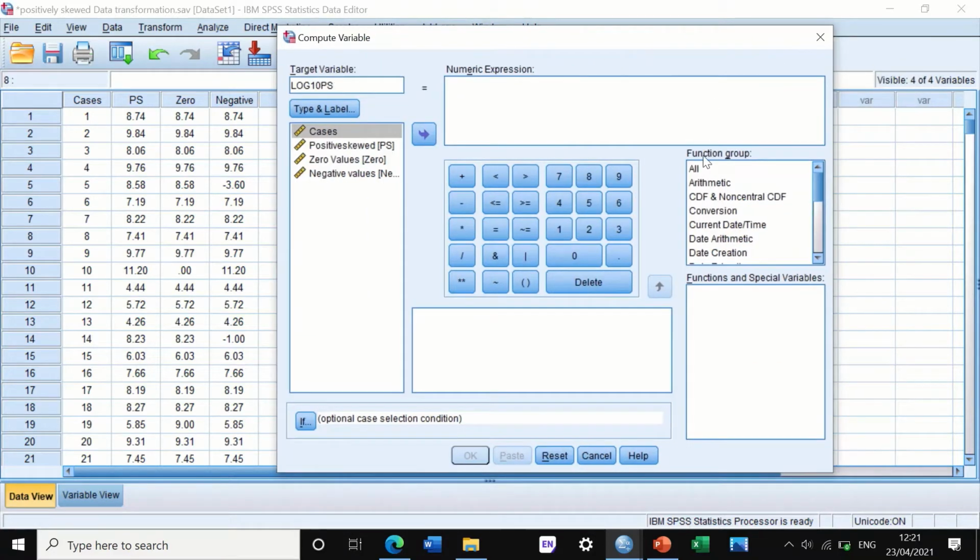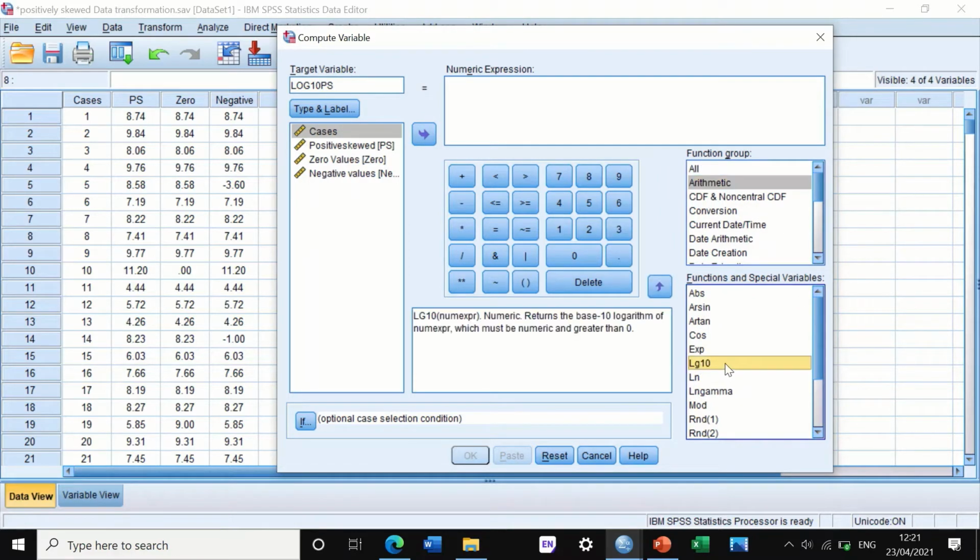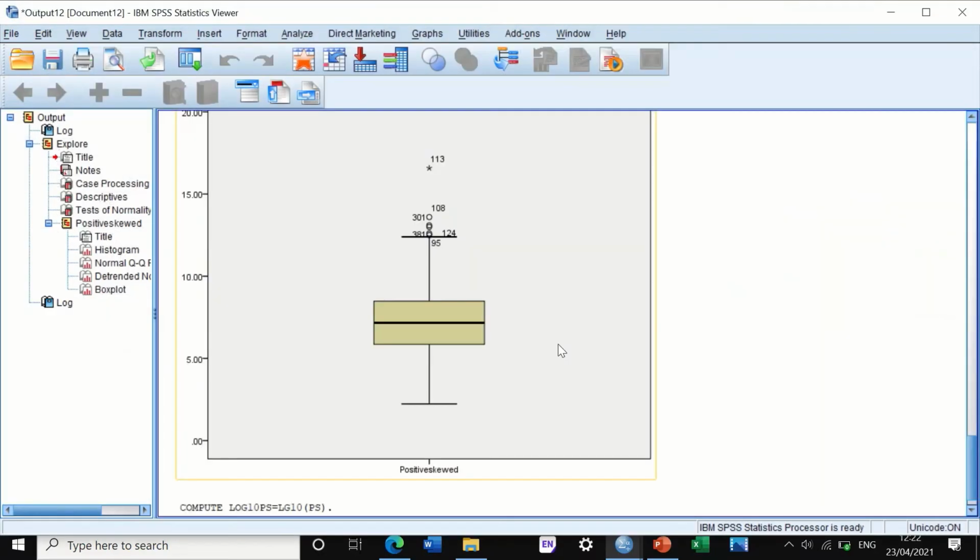So we notice here that there is a function group called arithmetic. Click on log 10, then move the log 10 into the numeric expression box. And we need to do a log 10 for these positively skewed data, which is between here. And then if you hit the button for OK,